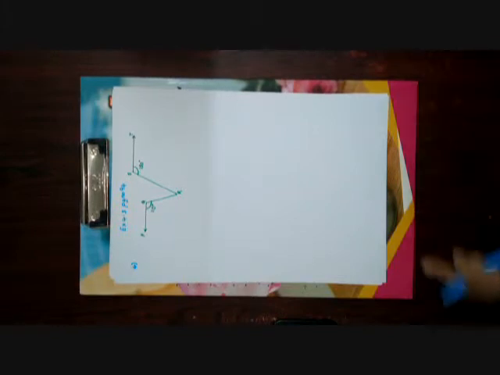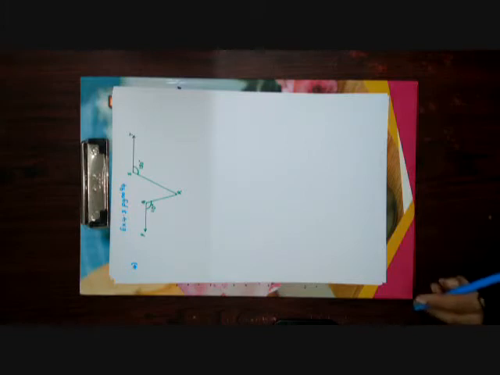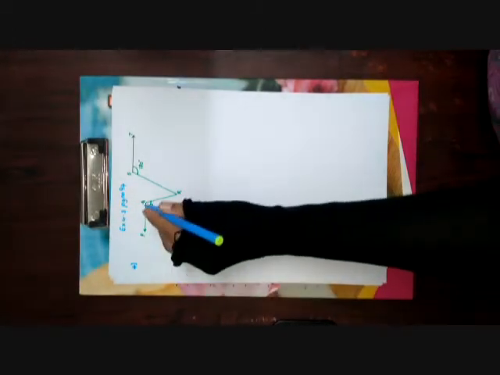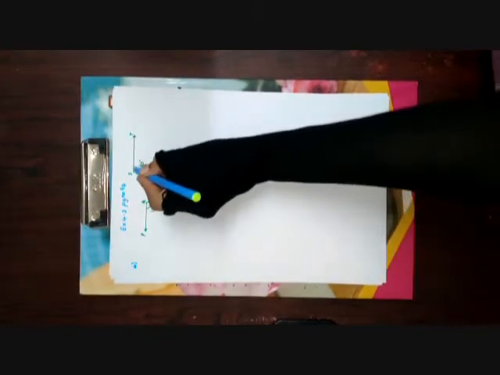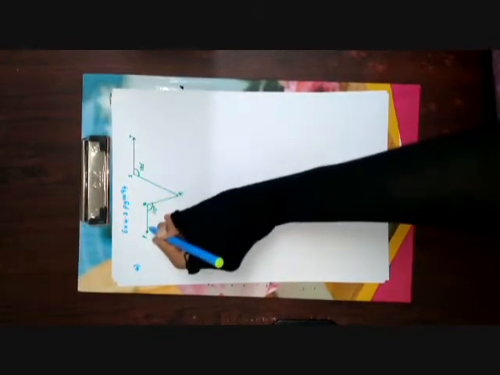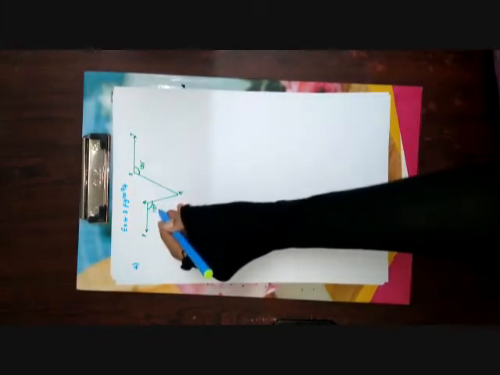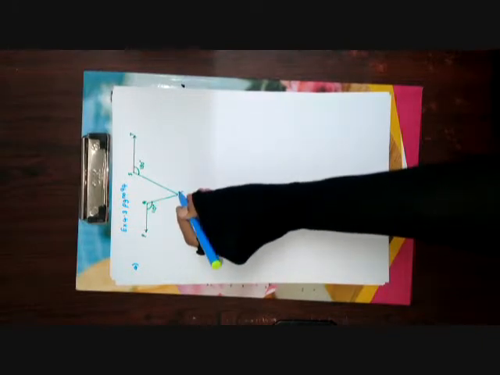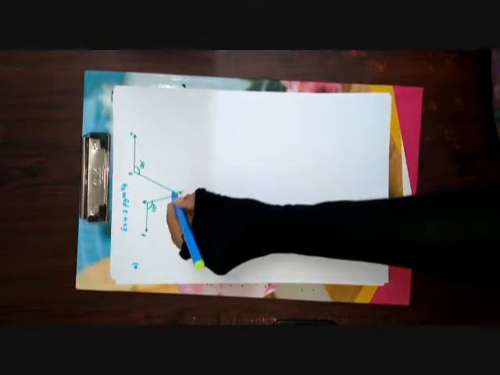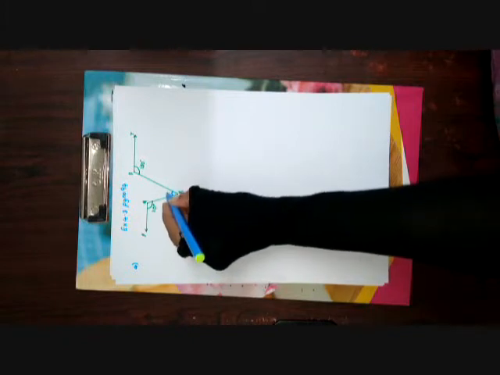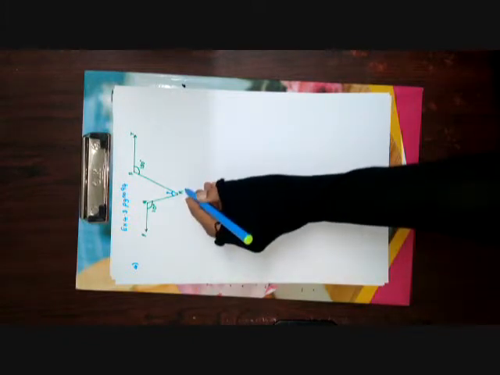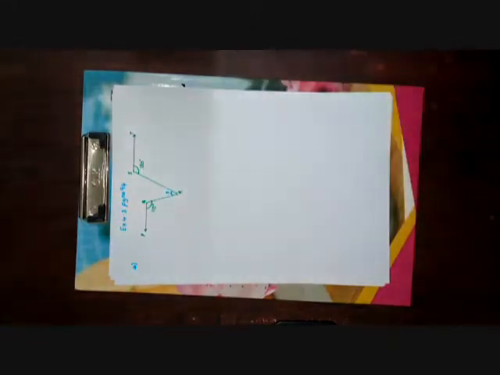In the adjacent figure, PQ is parallel to ST. Angle PQR is equal to 110 degrees and angle RST is equal to 130 degrees. Find angle QRS. Look at the figure, children. This is given to us. They are saying PQ is parallel to ST. These two lines are parallel lines. And angle PQR, that is this angle, is equal to 110 degrees. And angle QRS we have to find. We have to find this angle. They have also given us that angle RST is 130 degrees.